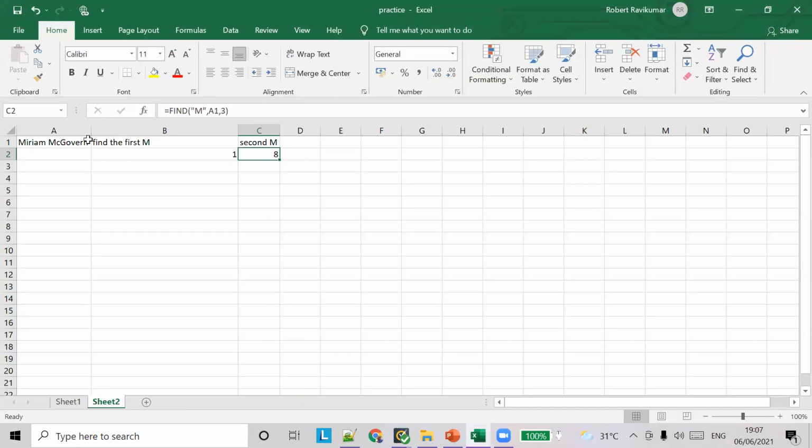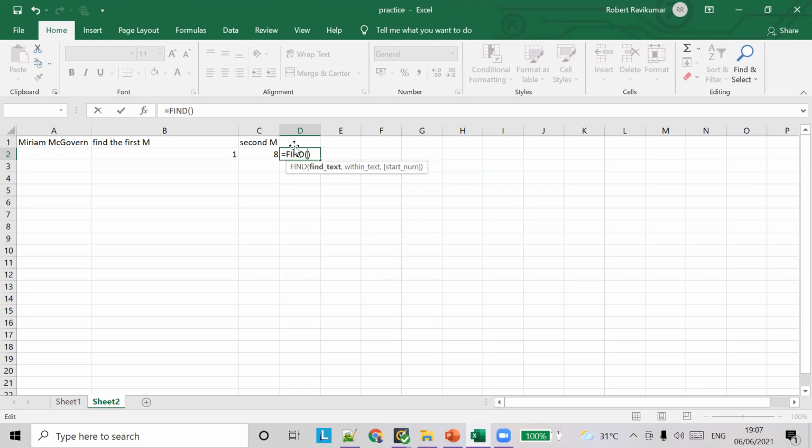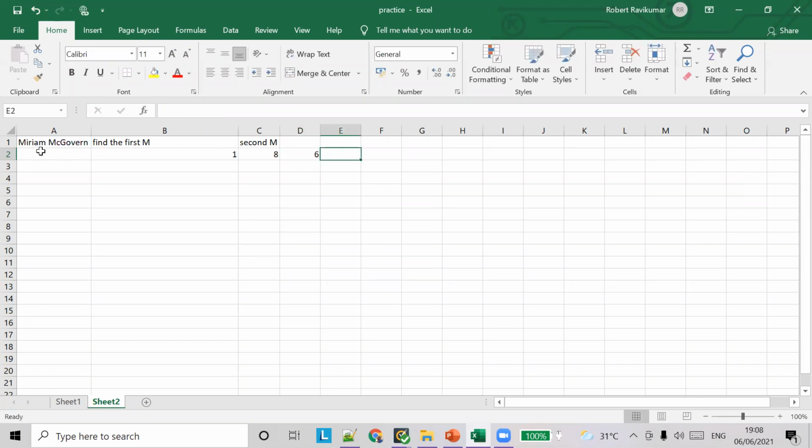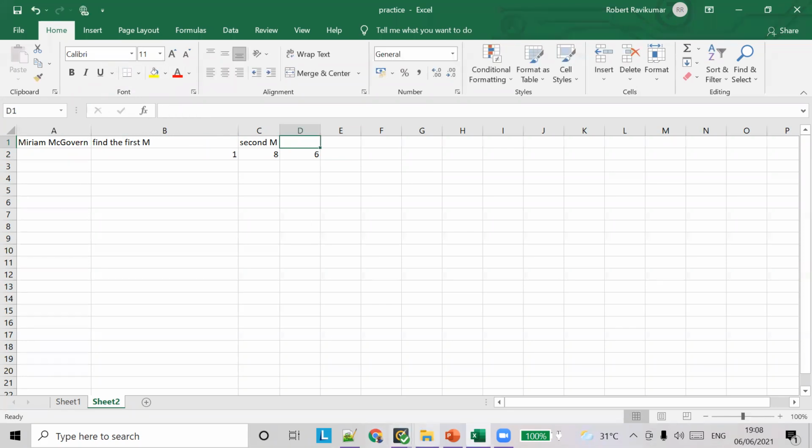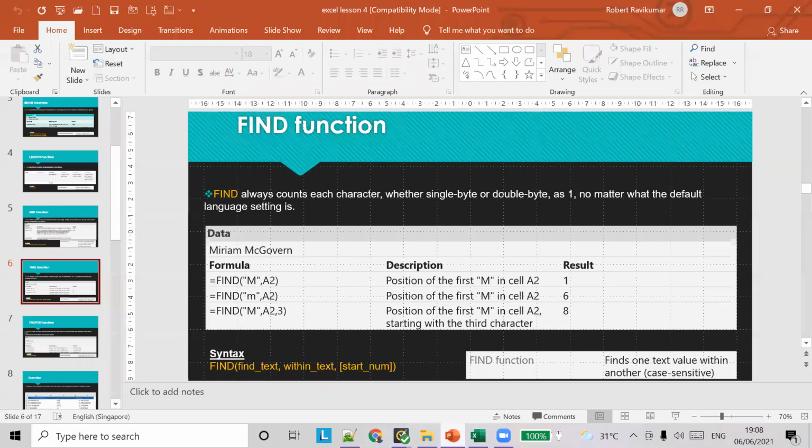So let's say, we can do case sensitive also. So let's say we want to find a small m, right. So what you do is FIND, m comma A1. Yeah, so it's found at position 6, okay, MIRIAM, okay. It's available in the 6th position. So that means it's case sensitive, so it's going to differentiate between a capital and small m. So I hope you guys are clear on this. So any doubts up to this, whatever we discussed?